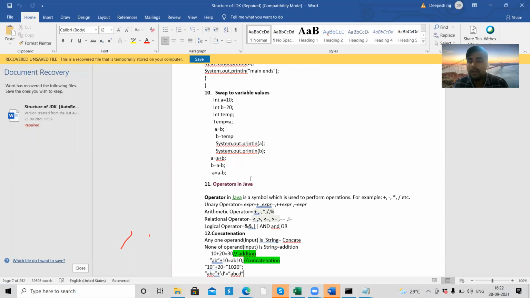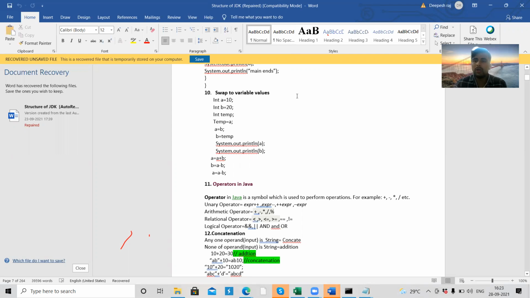There is one more operator called logical operator. If you remember mathematics, there is AND and OR. What is the difference between AND and OR?